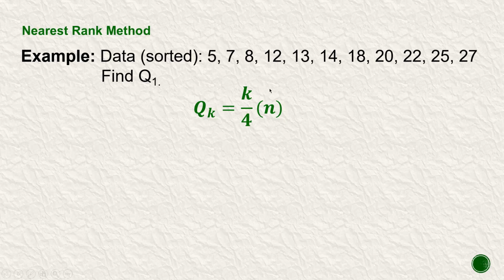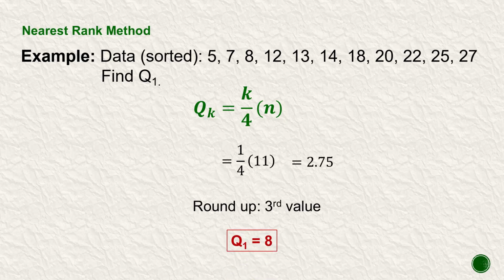So the next thing that we will do here is to count the number of data that we have here. So we have 5, 7, 8 until 27. That's 11. Okay? So that means it will be 1 over 4 times 11, and that will be equivalent to 2.75. Now, regardless of whether after that decimal point it's 0.1, 0.2, 0.3, 0.4, it doesn't matter. You need to round up the value. So that means we need to look for the third value of the data, and that's number 8. So quartile number 1 is